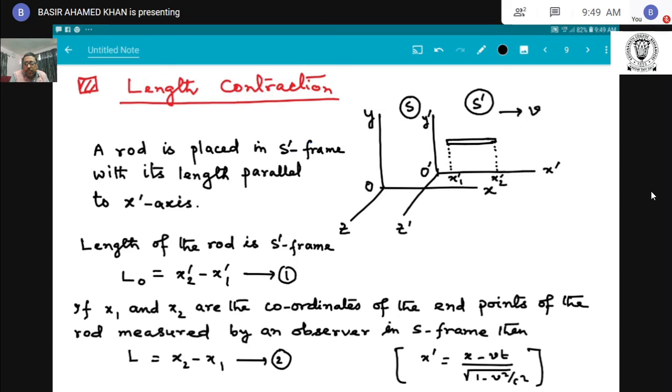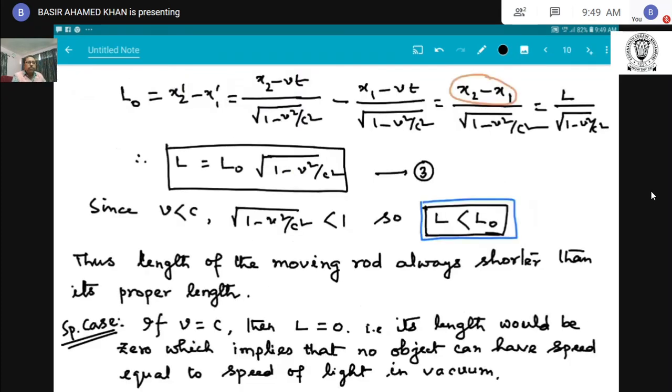Now I use the Lorentz transformation, x prime equals (x minus vt) over root of 1 minus v square by c square, in equation 1, where L0 equals x2 prime minus x1 prime. I put in these values of x2 prime and x1 prime and I get